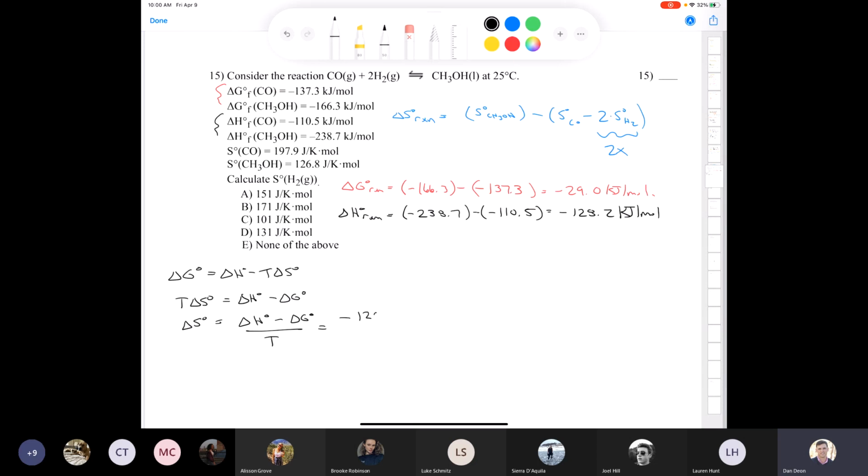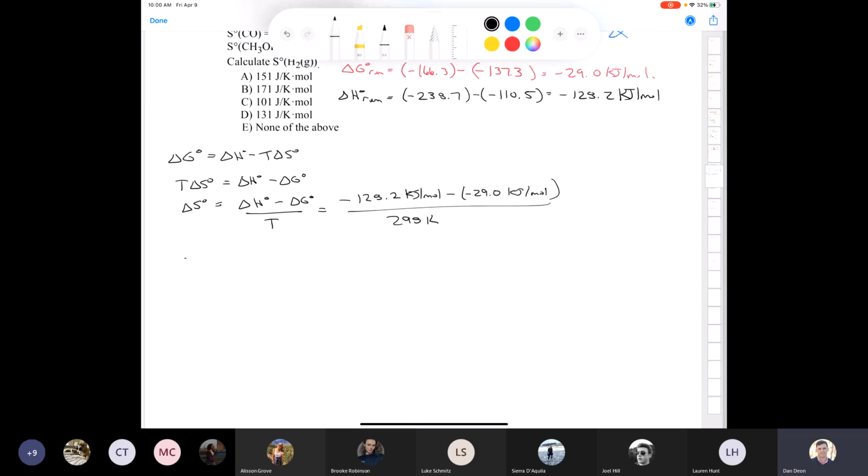We have negative 128.2 kilojoules per mole, subtract negative 29.0 kilojoules per mole, divided by the temperature, which is 298 Kelvin, and we end up with a delta S naught for the reaction, which is equal to negative 0.33